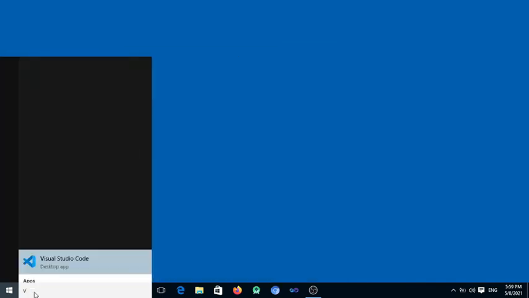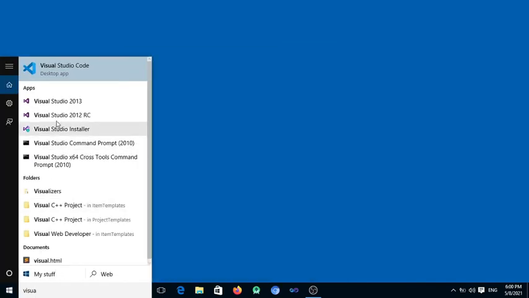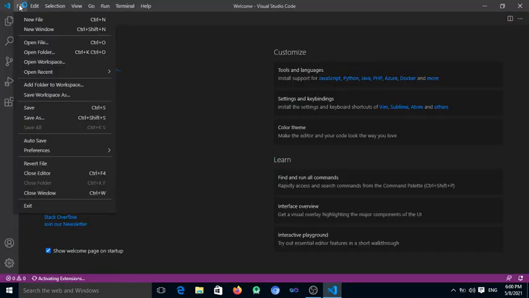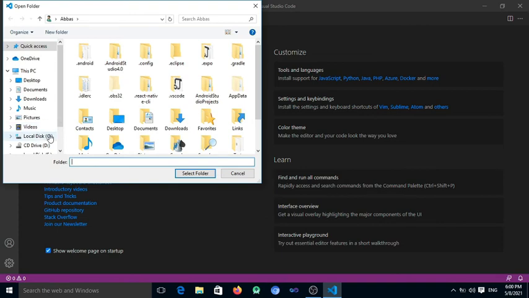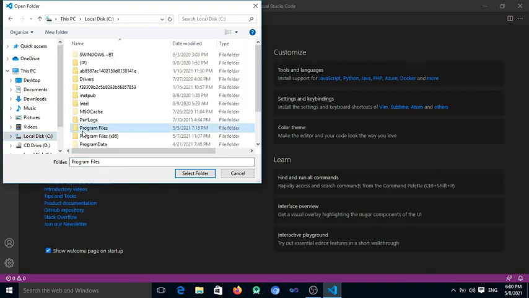Now open Visual Studio Code. Go to the File menu and select the Open Folder menu and select your project which was created earlier.